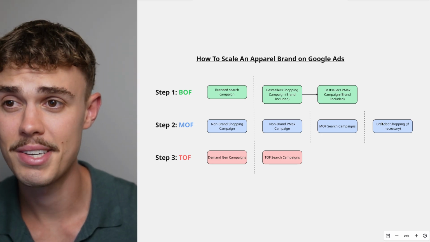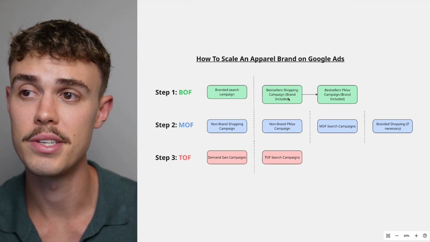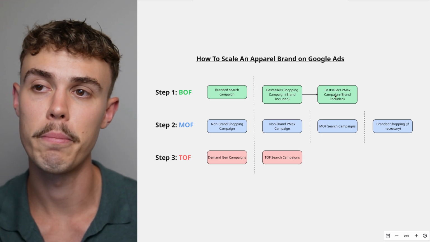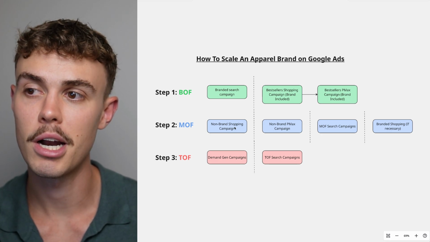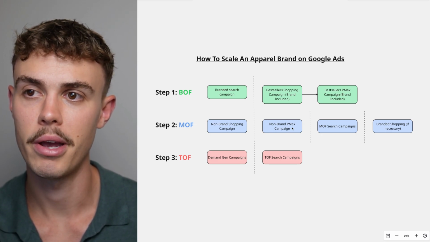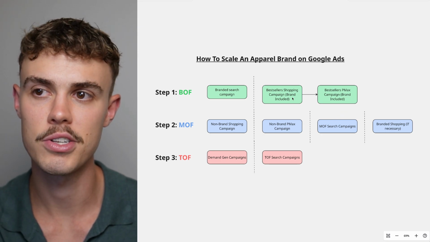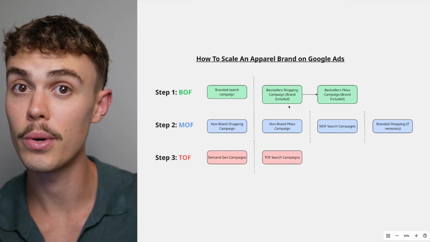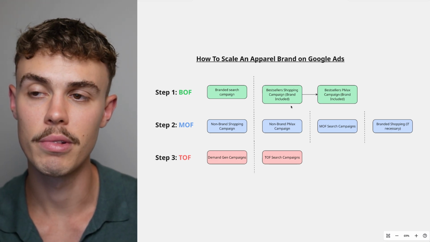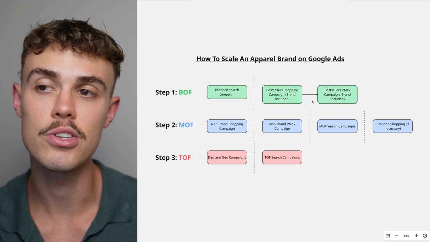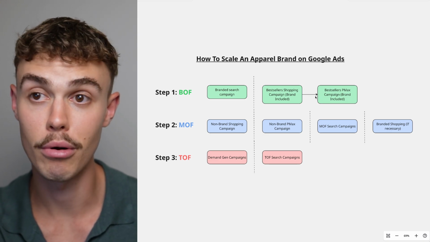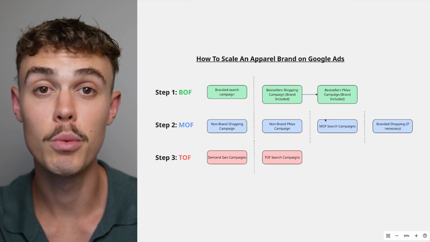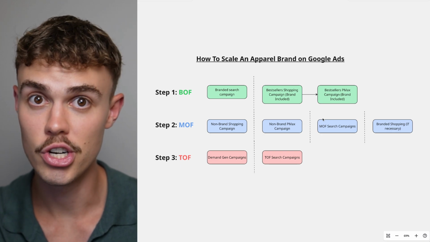Now, like I said, you are probably still going to have this leftover bestseller shopping campaign with your brand included, and your PMAX campaign with your brand included. If you've set up these new non-brand shopping and PMAX campaigns, you'll probably find that most of your branded traffic just starts flooding over to these old ones. And as you start to decrease the budget or increase the target ROAS, it's going to lean even more heavily on branded. So you can really just use these as branded shopping and branded PMAX campaigns. But if you want to be really smart about it, make sure it's just branded traffic,